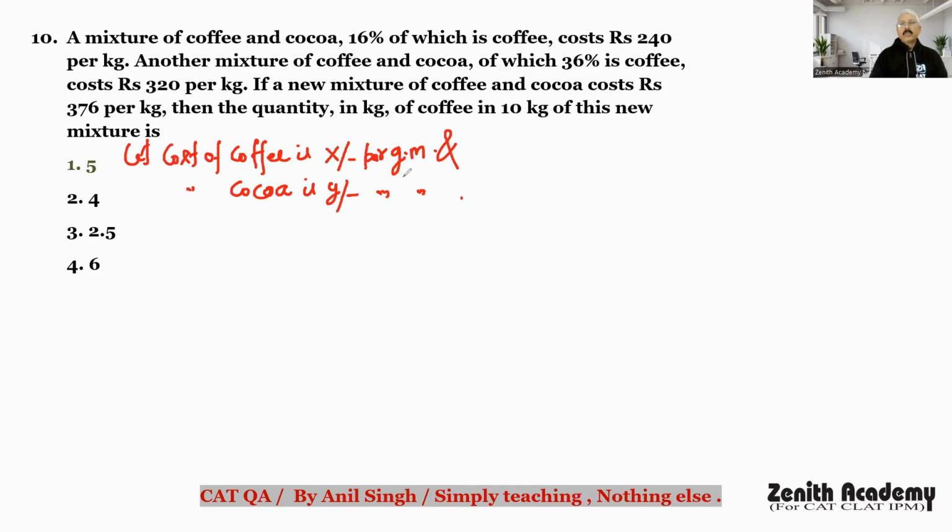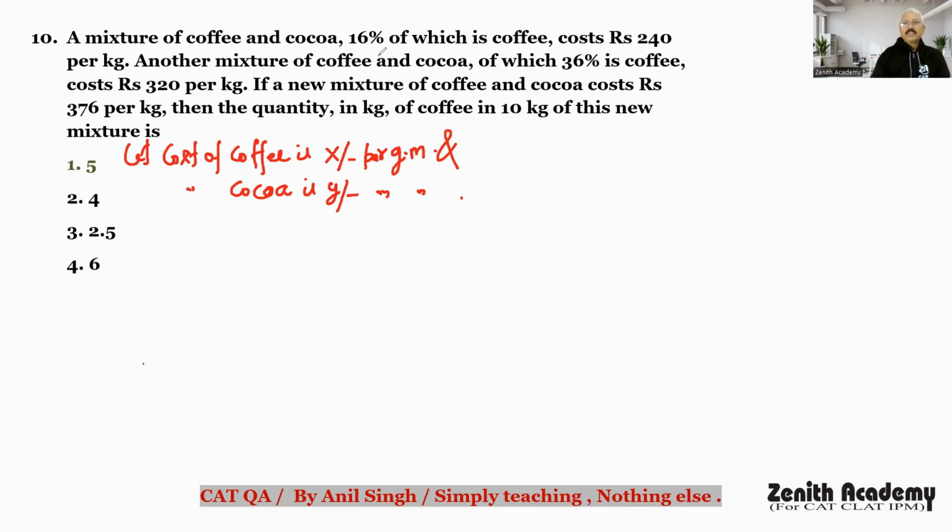First, I'm telling you the general approach of solving this question. Then we will see the quicker approach. So, as per this assumption that X rupees is the per gram cost of coffee and Y rupees is the per gram cost of cocoa, we would have one equation